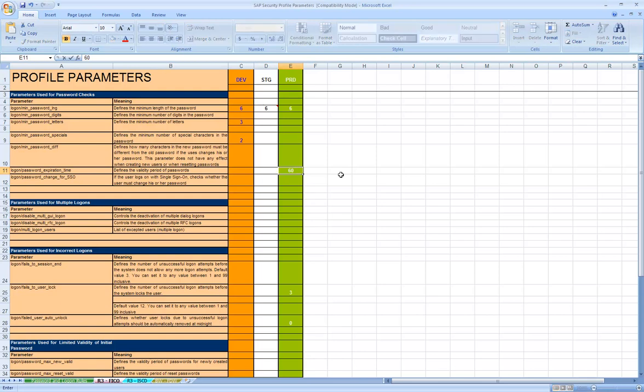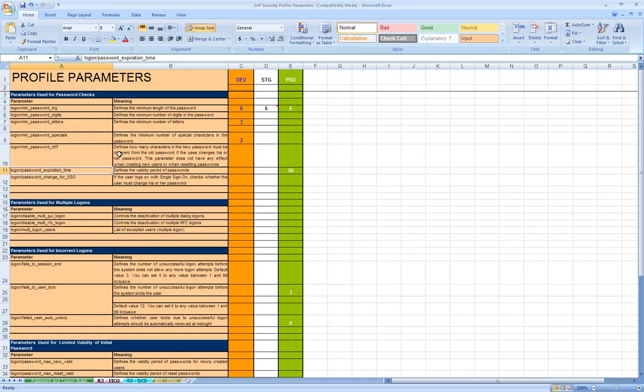These values have to be set by you in discussion with the basis team and some other teams, depending on what other applications are implemented at the customer's place. You'll have to define the value for the parameters accordingly. Now, SAP does not force you to use these parameters, but as I said, as good security practice, you have to use these parameters and enforce some password rules.